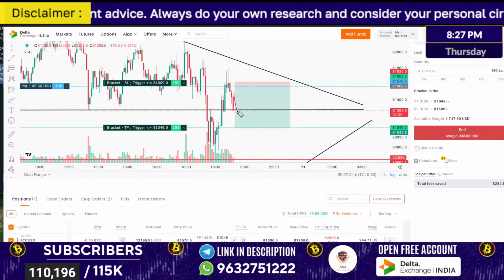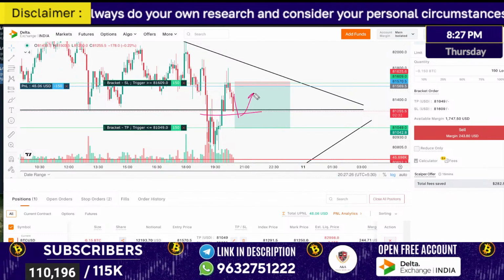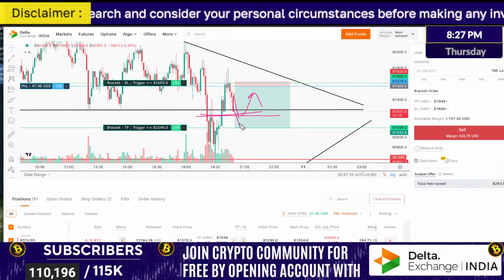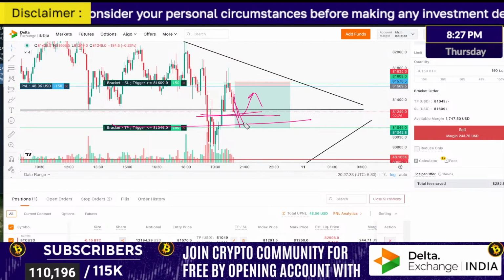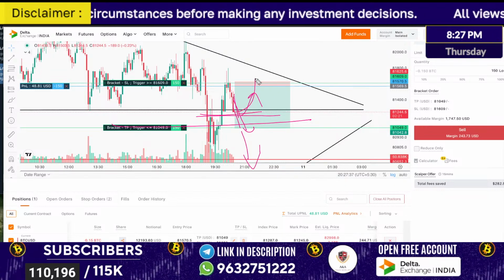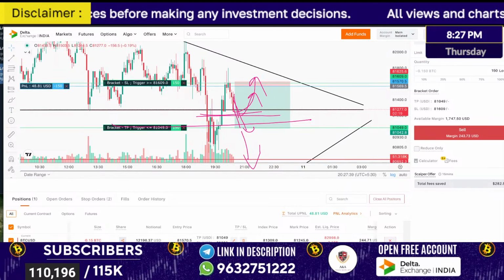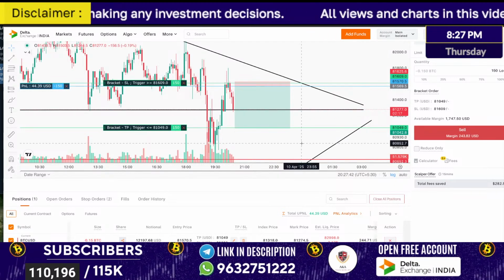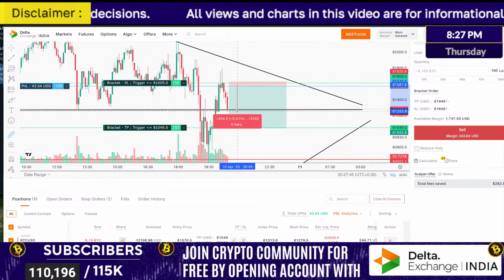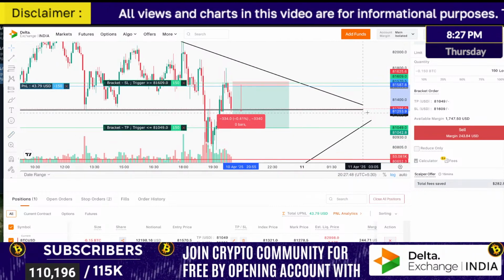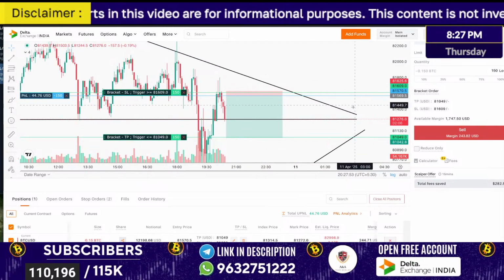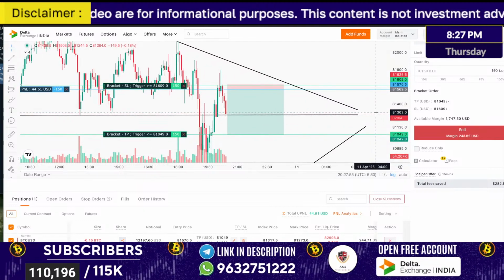See, after breaking this level, if the market reverses, it's not under my control. Okay, I'll tell you now itself. I've already placed this target. I'll wait for the target. If possible, I will extend the target also. Here, if it reverses, $5 I will give and go. If you think you're a safe trader, you want to capture the moment, you are happy with the profit you made, $300, $400, you would have got 1:1 risk reward already. Since you placed the stop loss here, if you want to exit, you exit.